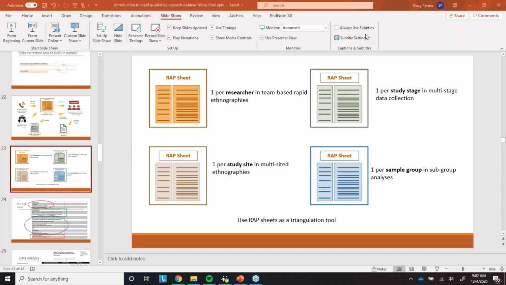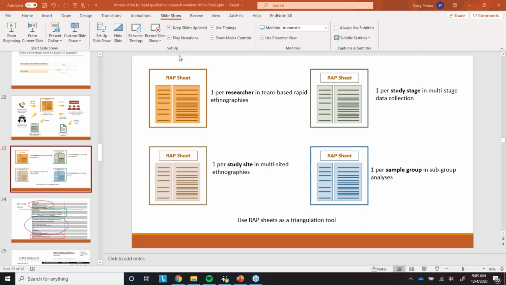But the idea is that you want to be able to look across the different sheets of all the team members to make sure that data are being collected similarly. Now we've got a system where we can share, so we've got shared folders and shared drives. I can access data from all the people on the team, and they can look at each other's as well. And when they add data, everyone can see it in real time.